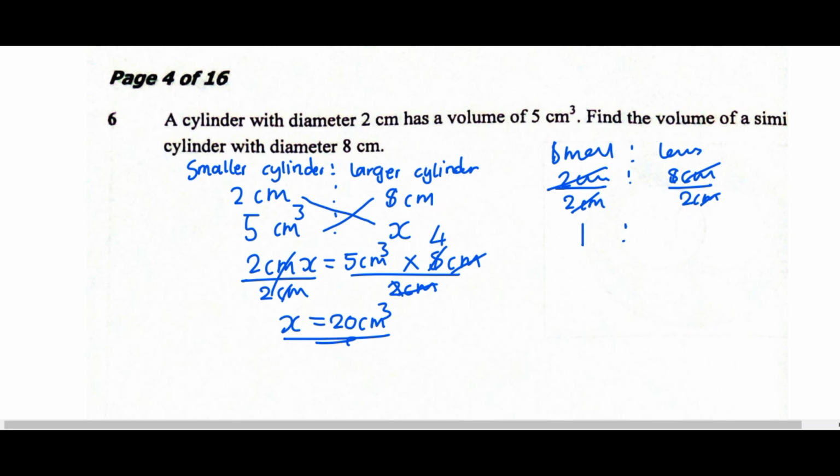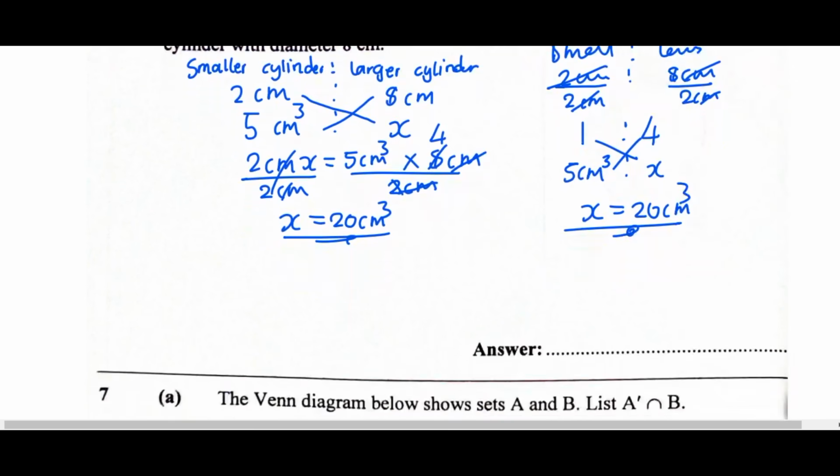Centimeter cancel. 2 into 4, sorry, 2 into 80 will give us 4. Then we have been given the volume of the smaller one, so we put the volume here, then here we put x. So 1 times x is x, 4 times 5 will still get the same answer, 20 cubic centimeters. Okay, so now let's move on to